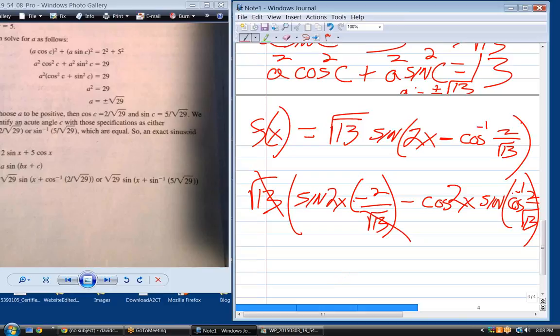This is a minus, so we're going to end up with cosine 2x times, what is the sine of the inverse cosine? That's the question. The sine of the inverse cosine. That has to be